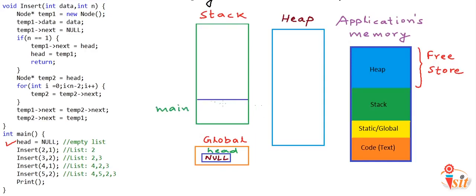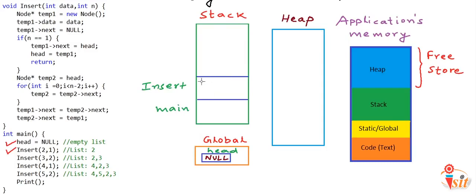Here in this main method we have not declared any local variable. We just set head to null, which we have already done here. Now the next line is a call to function insert. So the machine will set the execution of this particular method main on hold and go on to execute this call to insert. So insert comes into this stack, and insert has a couple of local variables.